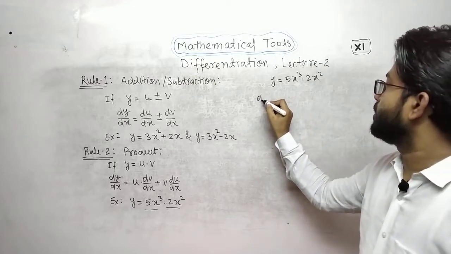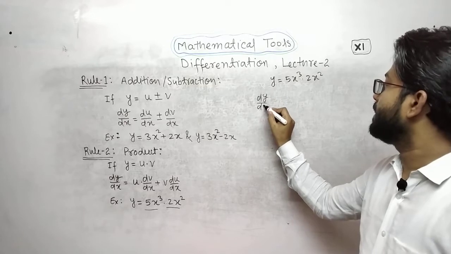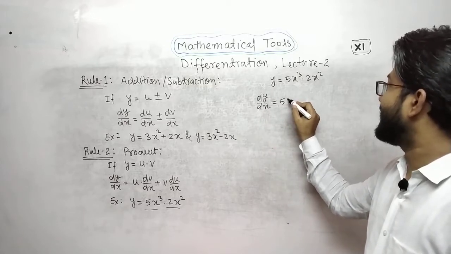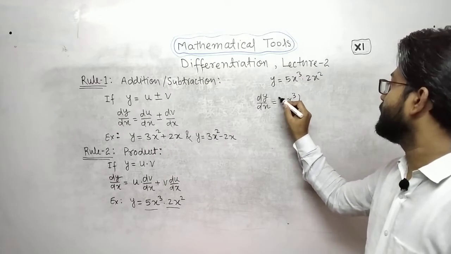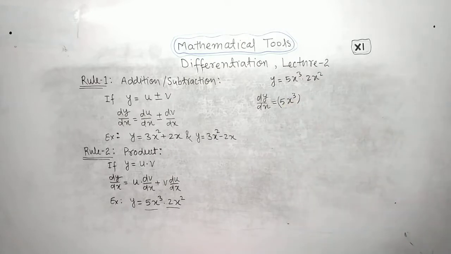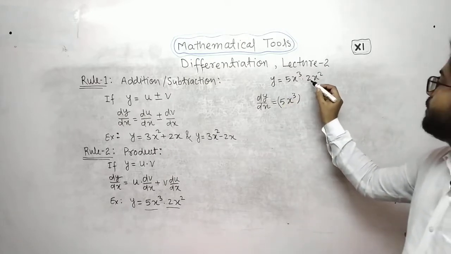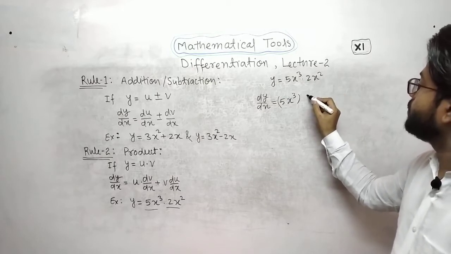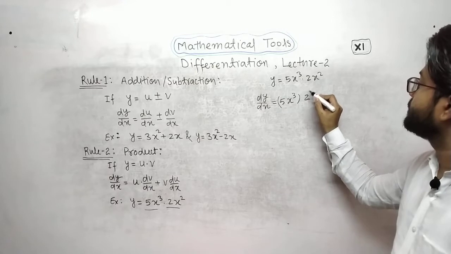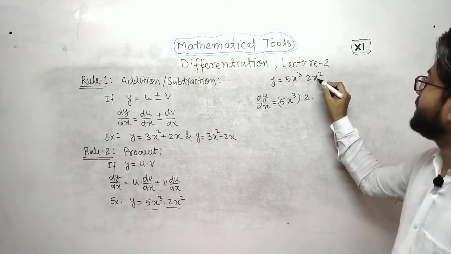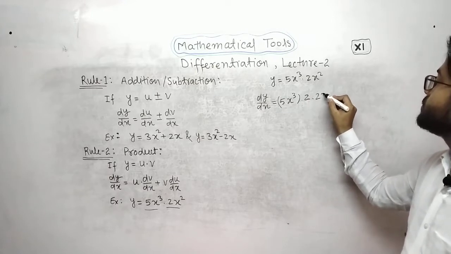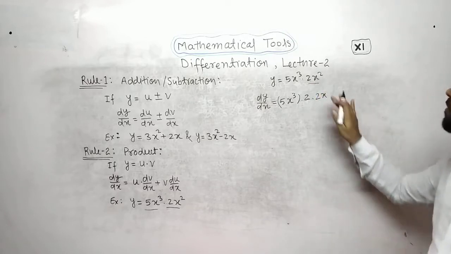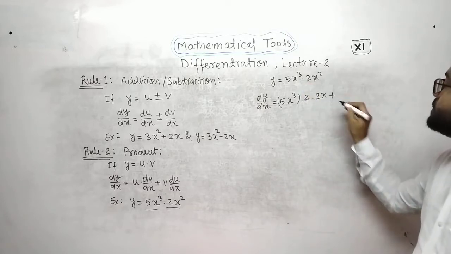This is the first function and this is the second function. Just use the formula. dy by dx will be equal to the first function as it is, that means 5x to the power 3, into the differentiation of the second function. The 2 will be as it is, and in place of x square, this is 2x, meaning the differentiation of 2x is this. Now plus